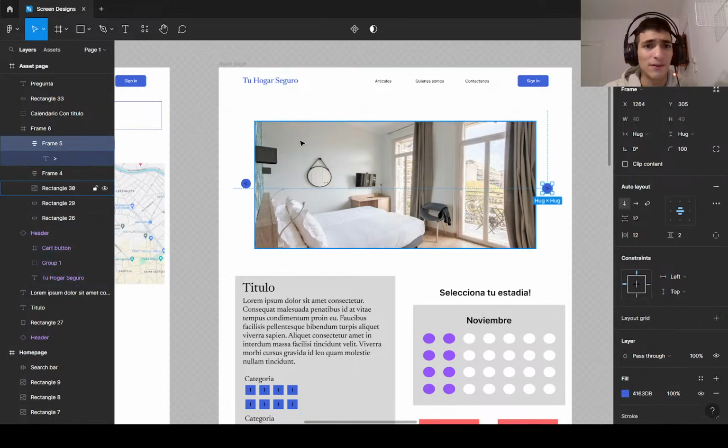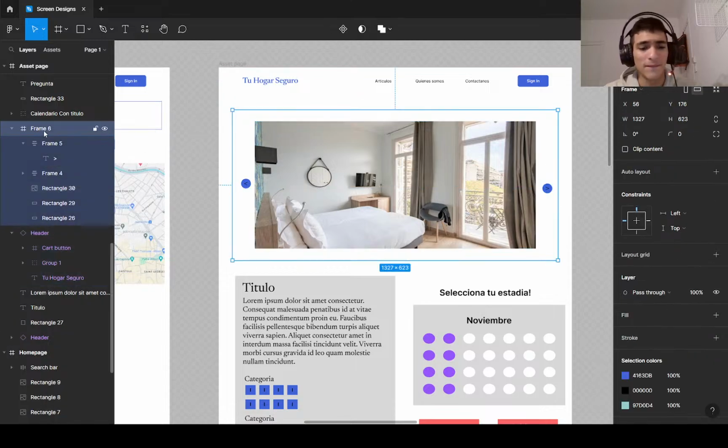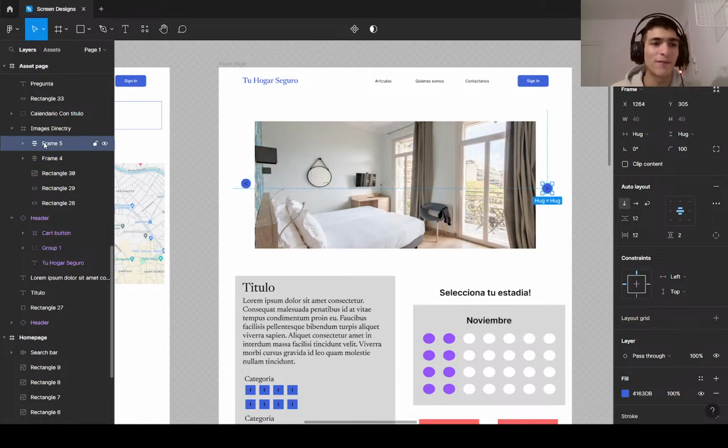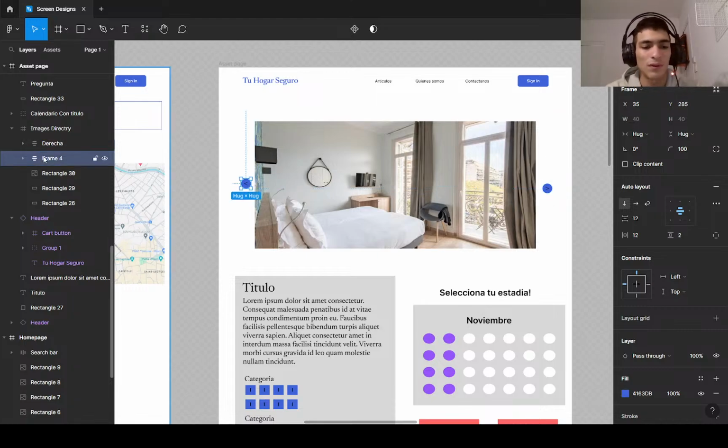I'm gonna take the frame, I'm gonna rename it, I'm gonna put it images directory. So I have my frame, left, right arrow, left arrow,